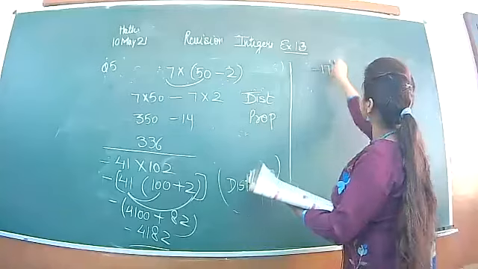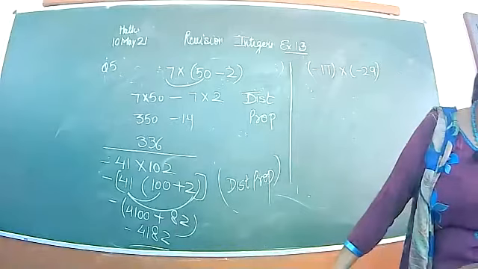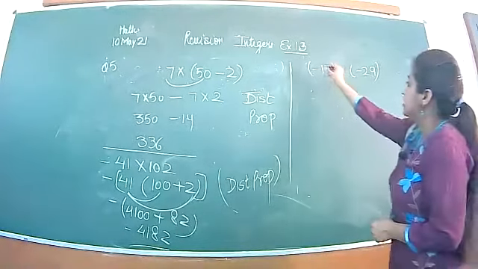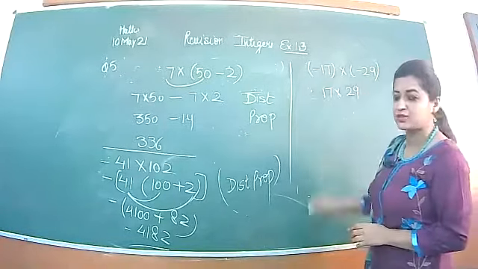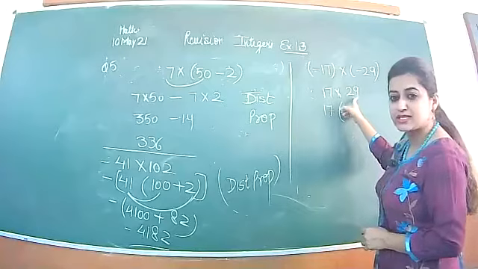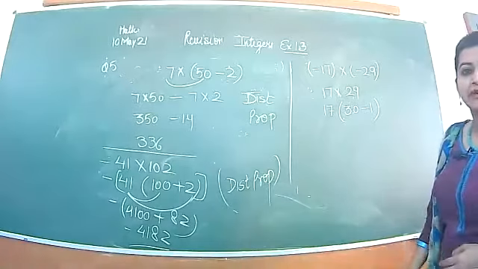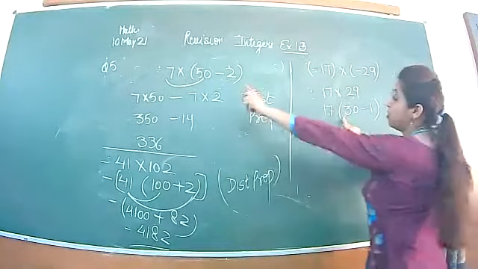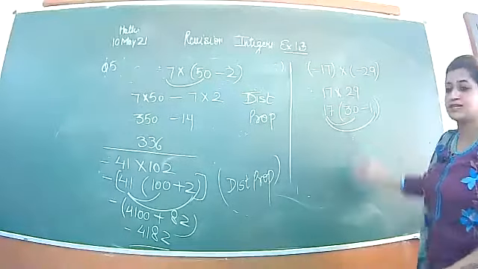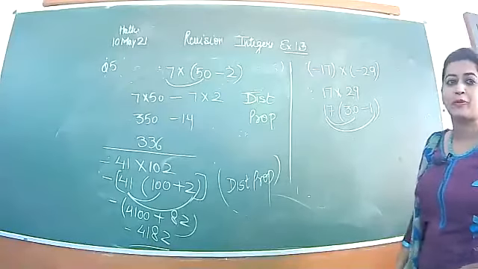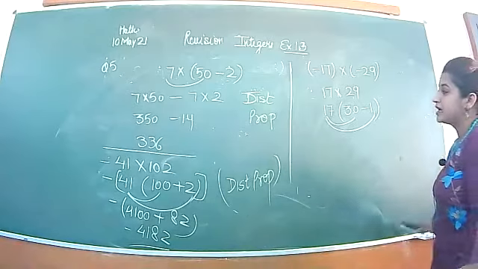Next is minus 17 into minus 29. All these questions today you will do in the rough notebook for practice. When you multiply these two terms, minus minus will become plus. Your question has changed. 17 you will take as it is. 29 can be written as 30 minus 1. Now, check these two questions. This and this are exactly the same. Multiply this. This is called distributive property of multiplication over subtraction.